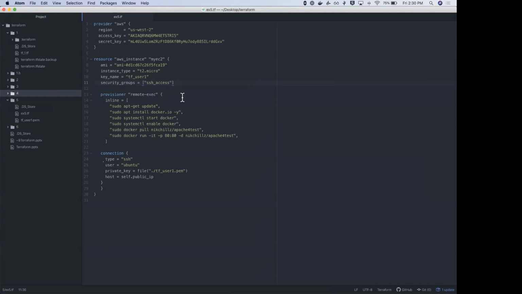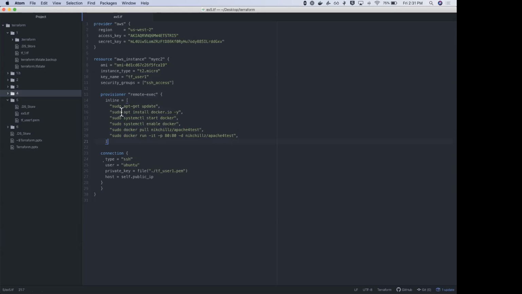Okay, so with all of this done, then we look at something called a provisioner. Provisioner basically allows us to perform various different actions on this particular instance. In this example, we are using a provisioner called remote-exec, which will allow us to execute commands on this instance that we are creating. When I say provisioner remote-exec, and I give the inline array with all of these commands that are present here, it will go ahead and execute these commands one after the other.